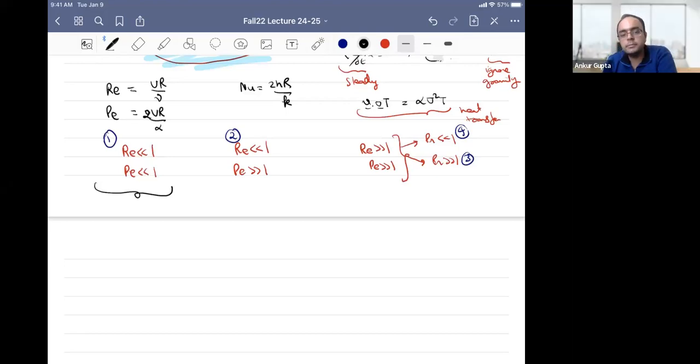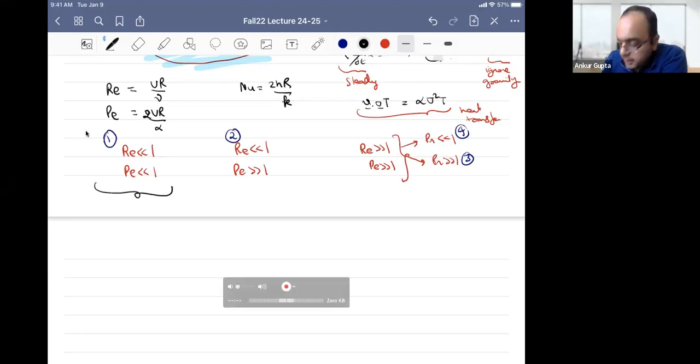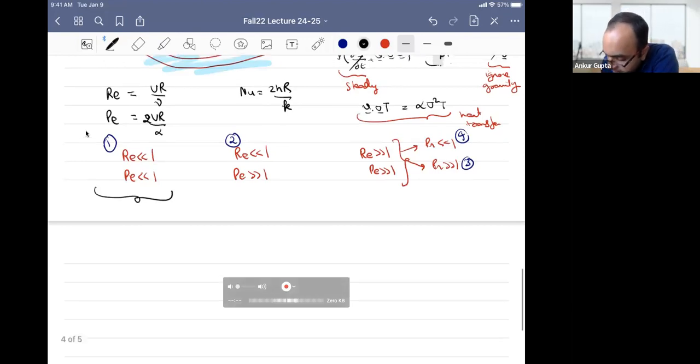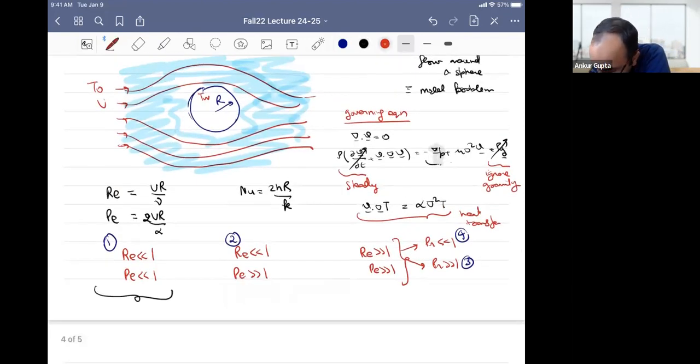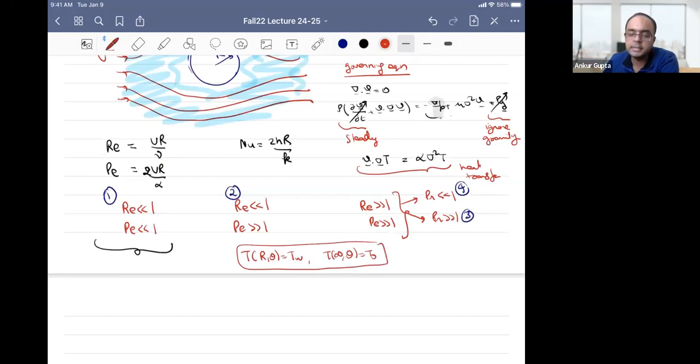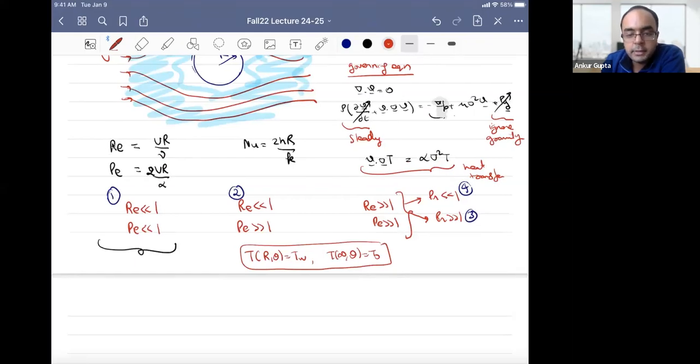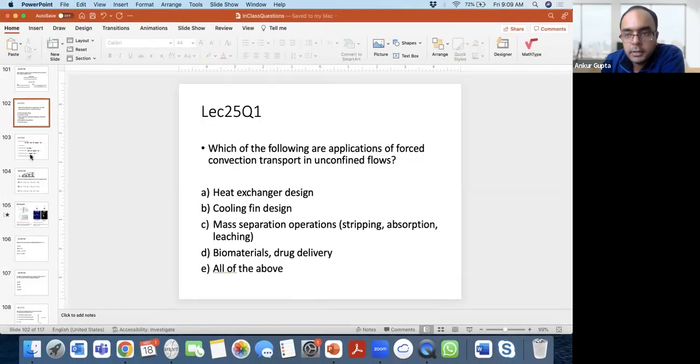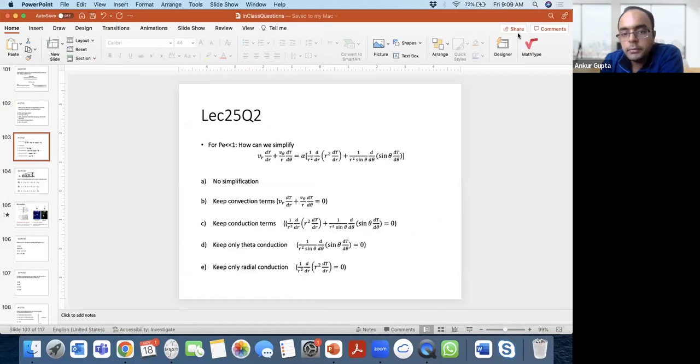So Jason says it's mostly diffusion. If it was not already clear, I should just mention the boundary conditions for temperature here. The boundary conditions for temperature are... we have been given these boundary conditions because that's the main two boundaries. Okay, perfect. So Jason said conduction dominates, and let's do a quick poll here to see which one do you